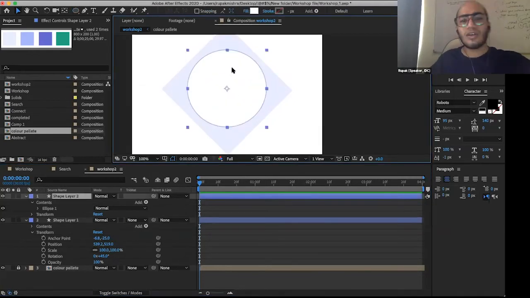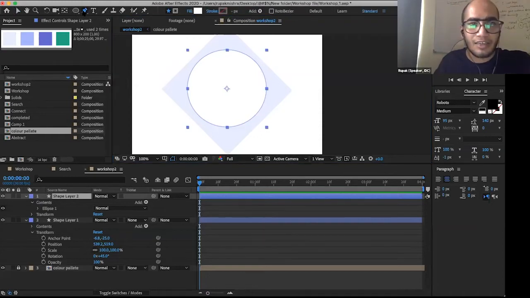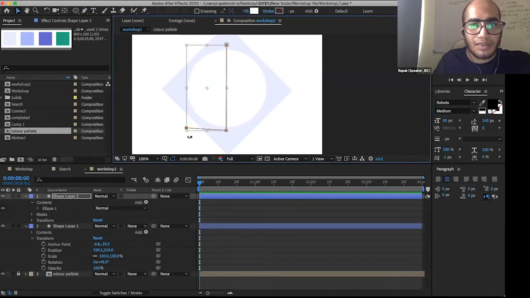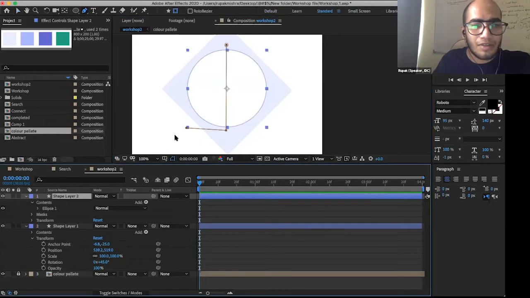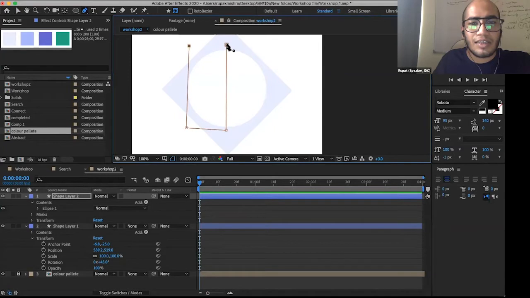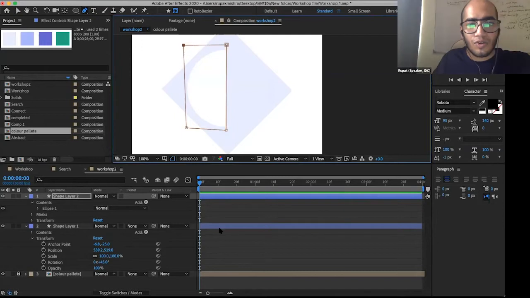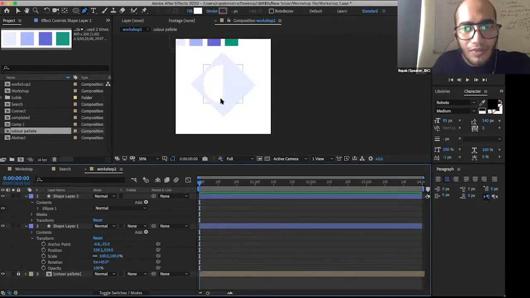Okay. So in the first animation, we split the layer using the mask, and we'll do the same thing here. We need only half of the circle, we don't need the full circle. So with the layer selected, we select the pen tool, go ahead and select the mask layer, and now we'll select the part we want in the mask. We'll select this out. Okay, so only half of the circle is now visible.